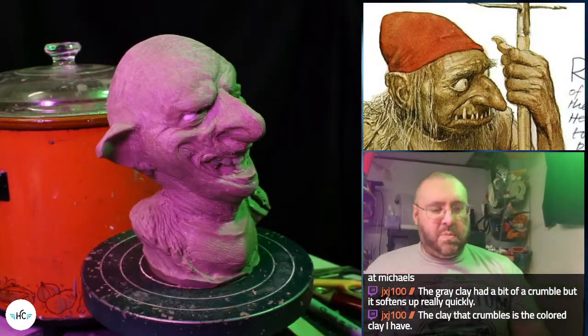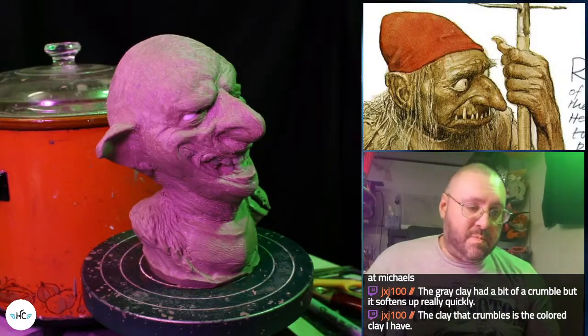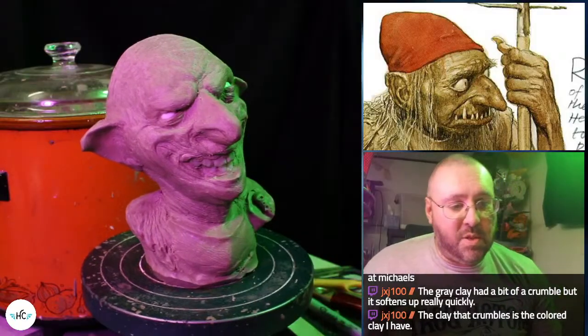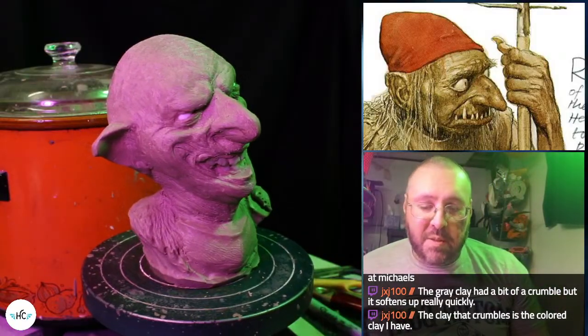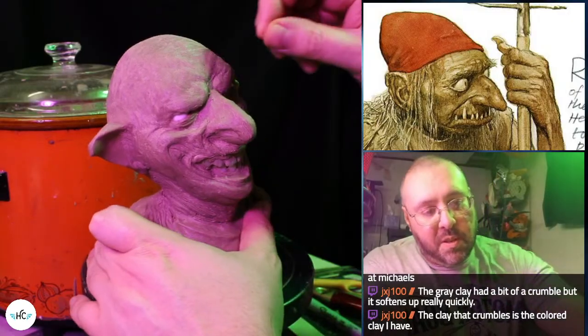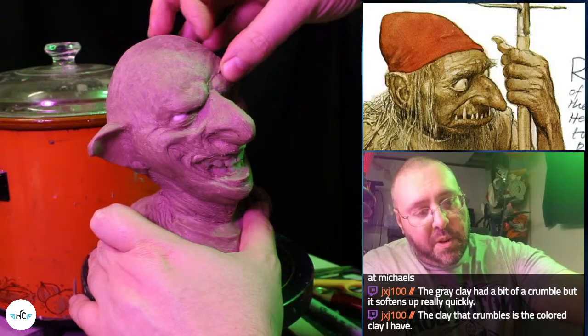Yeah, I know polymer clays, the ones that get baked in the oven, if they're not fairly fresh, get super crumbly, but usually they'll come back if you work with them. Sometimes you have to knead a little bit of oil into them.